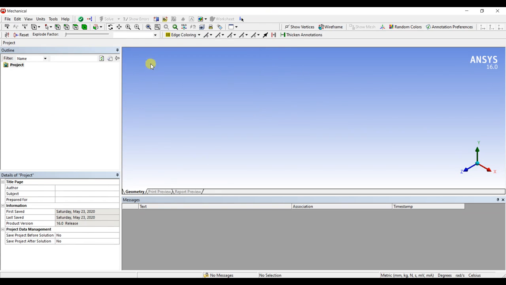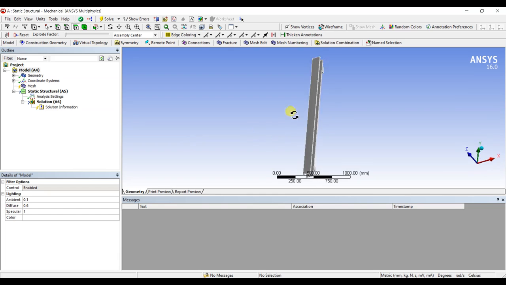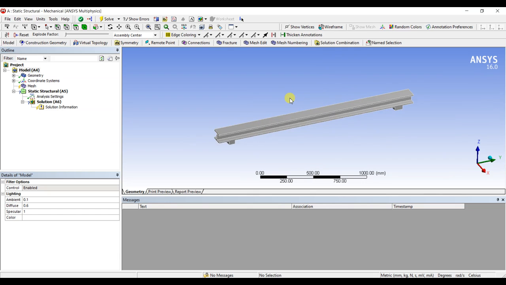It takes some time. Basically it depends on your laptop or system configuration. If your system has a good configuration, then it will not take so much time. So here are some options. For the sake of simplicity, for the first time, we just take the basics. So here is the mesh.